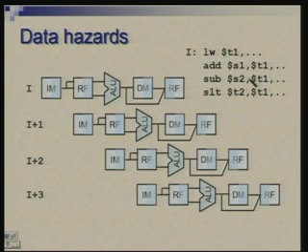If you look at this, because there could be multiple instructions which are dependent, this value is also read in instruction I plus 2, and I plus 2 is trying to read it here, and the earliest it can read is here, and so on. So, I plus 3 also would need to be delayed. So, depending upon which instruction is trying to read data from which instruction, you may have to introduce delays, and the impact of these delays is that your pipeline is not always full, and the throughput rate or the CPI becomes more than 1, or throughput becomes less than 1 instruction per cycle.